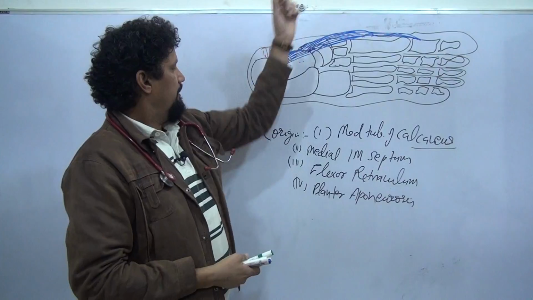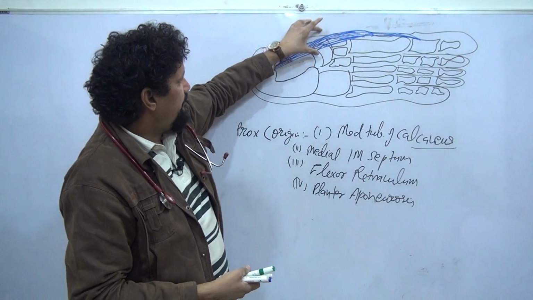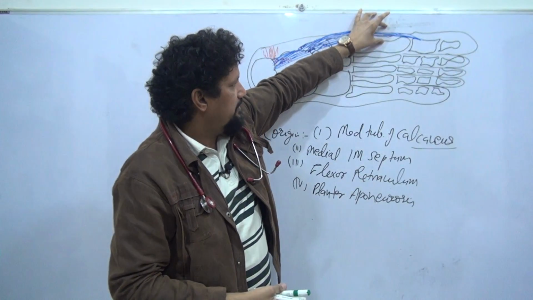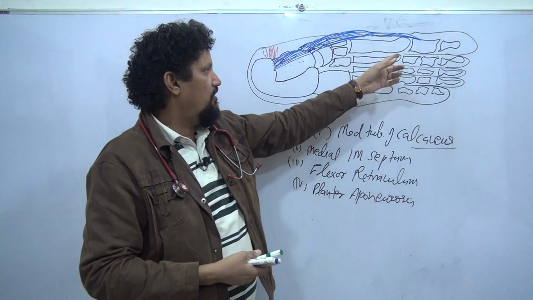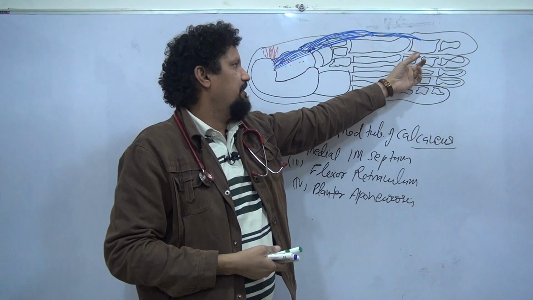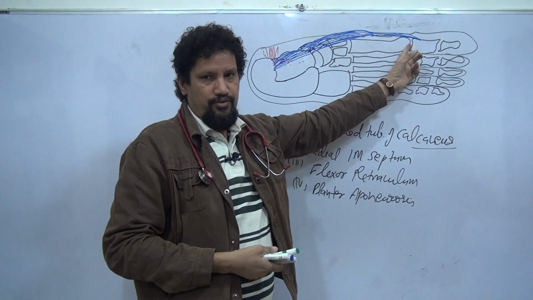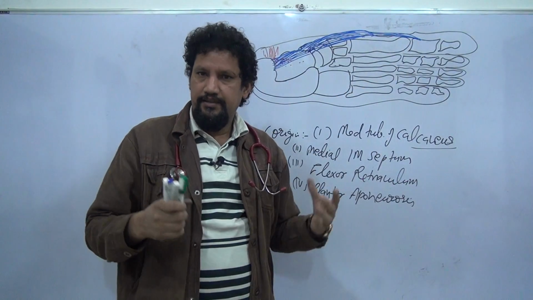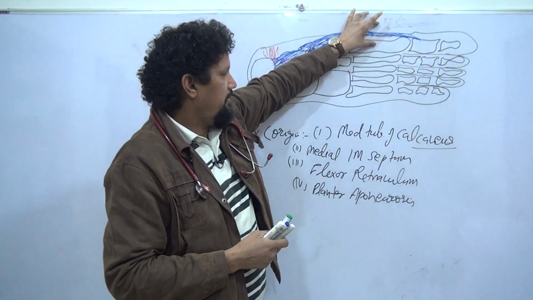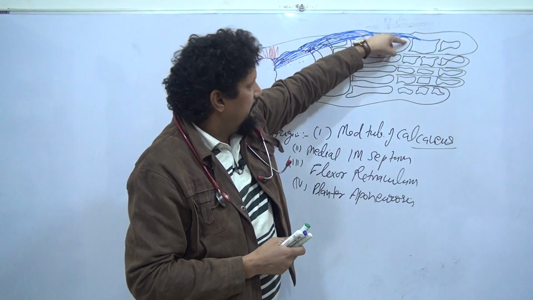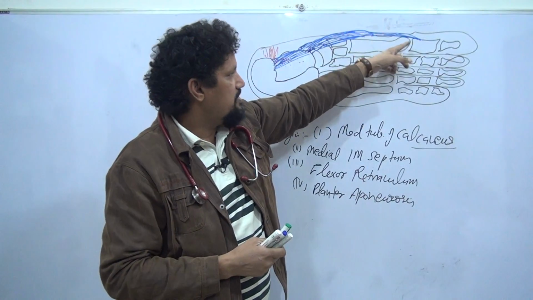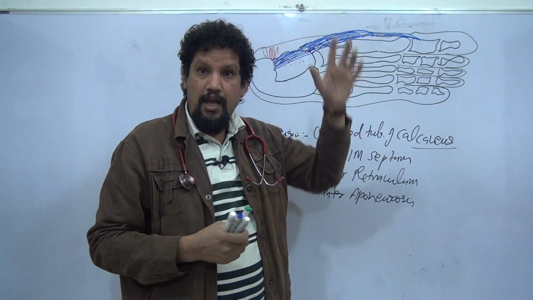The muscle runs forward, and the initial fleshy part of the muscle is converted into the tendinous part, the distal part, which is attached on the medial surface of the proximal part of the proximal phalanx of the great toe. Listen again. The fleshy fibers are forming the tendinous part, the rope-like part, which is inserted on the medial surface of the base of the first proximal phalanx, along with